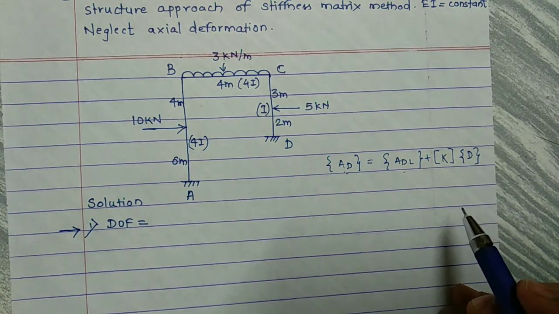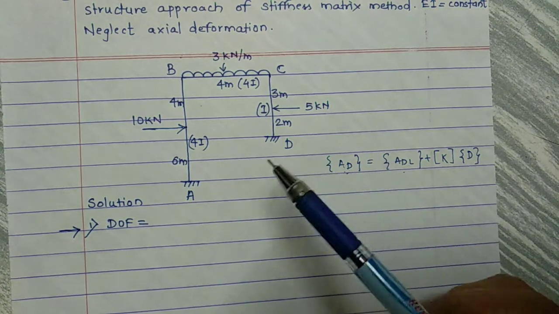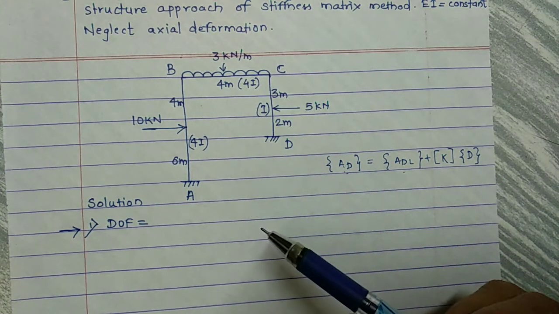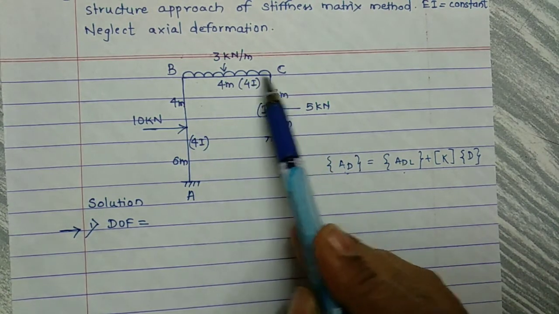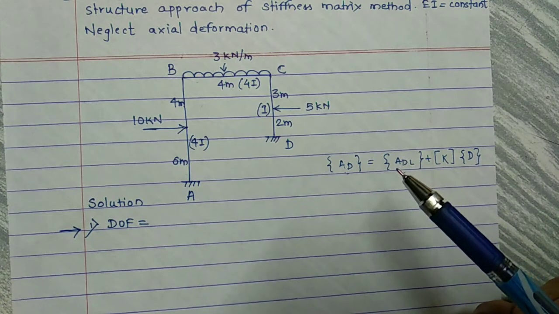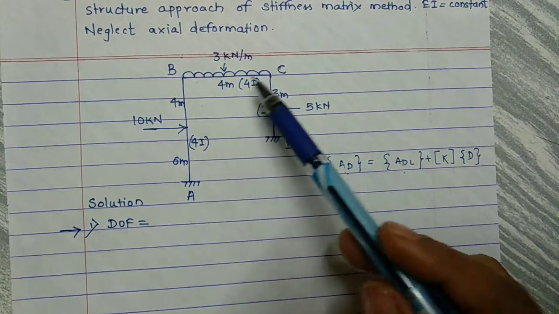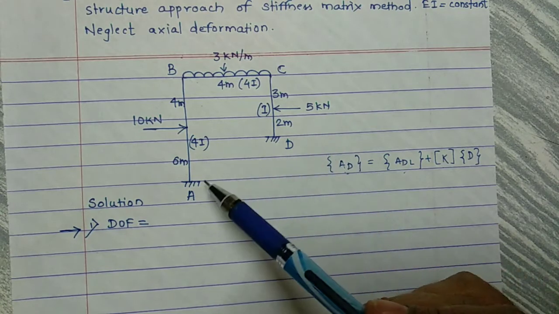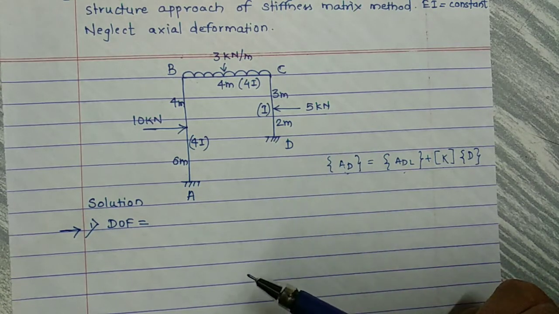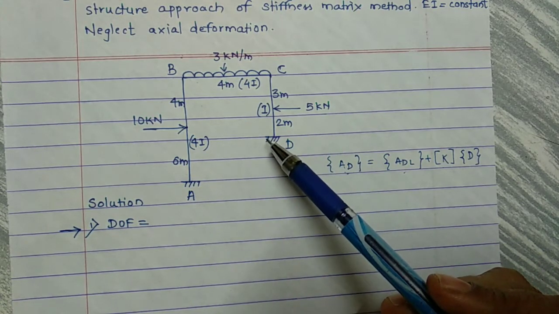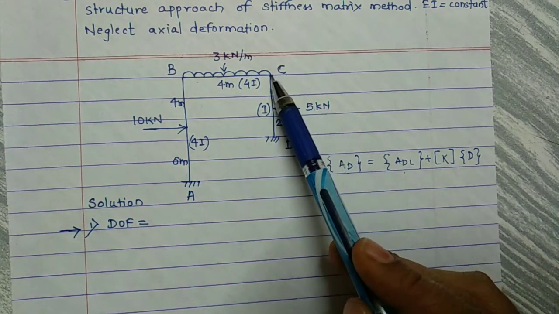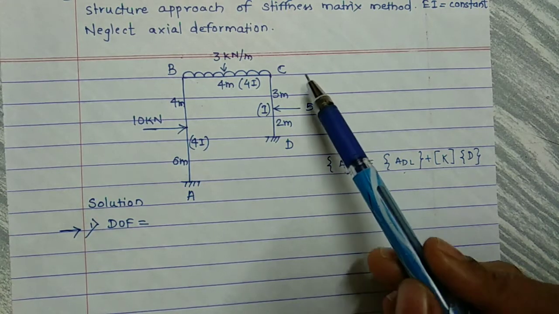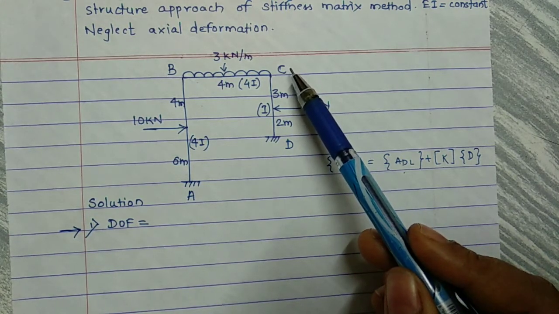Very first, to find the degrees of freedom. As seen from the figure of the portal frame, it is categorized as a sway type of frame because at beam level there is no horizontal constraint provided, and the frame is not symmetrical in loading, geometry as well as boundary condition. So this is a sway frame. Therefore the sway delta of the frame will occur, and that delta at beam level we have to consider.